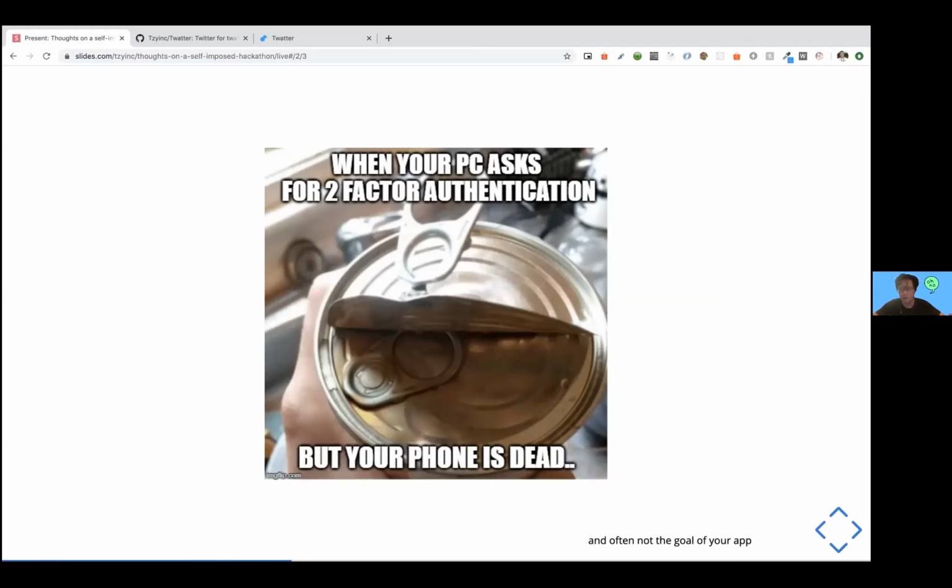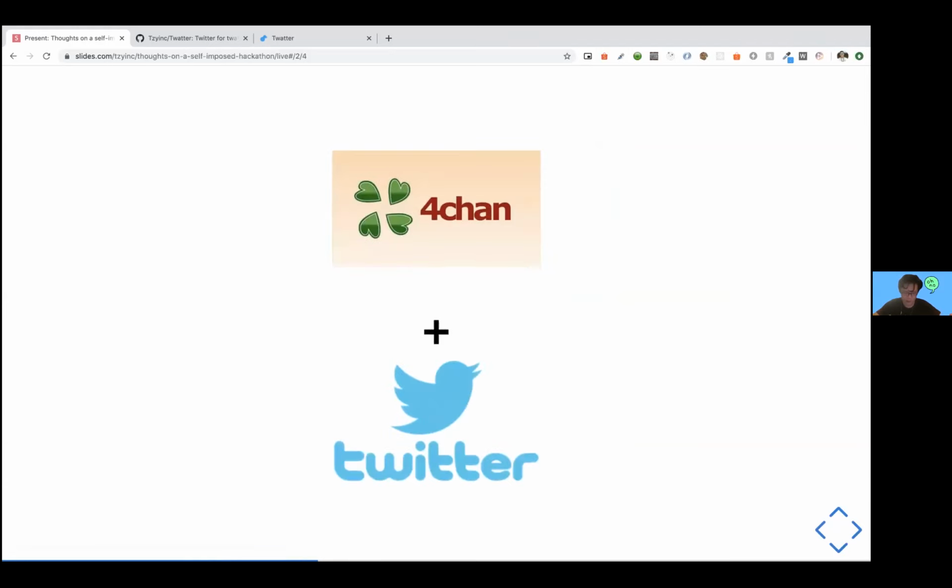In this scenario, I actually came up with this message board idea inspired by 4chan. In case any of you don't know 4chan, 4chan is a message board, and it's good that you don't know about it, because it's full of degenerates like me. And if you do know 4chan, congratulations, you are a degenerate like me. But